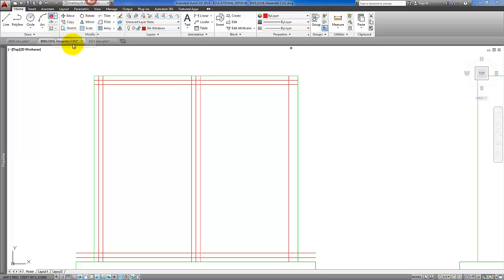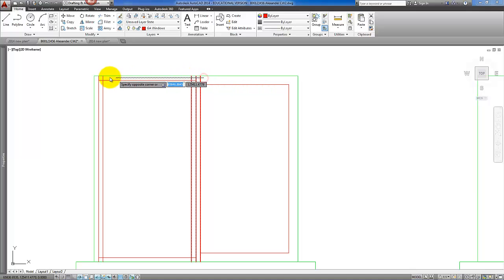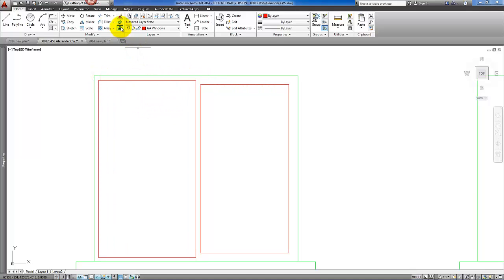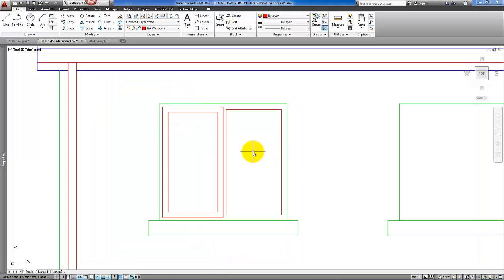So we can draw a rectangle from that point there down to that point there. Then we can delete the lines that we don't need. Then offset again by 50, and that is where the opening light would be. And as well as that, then